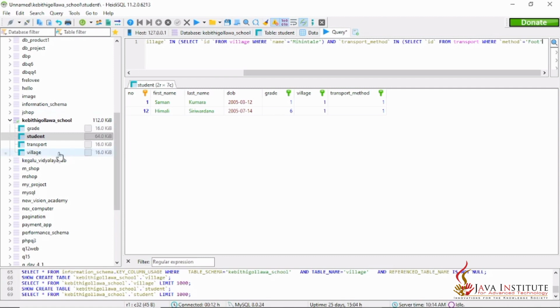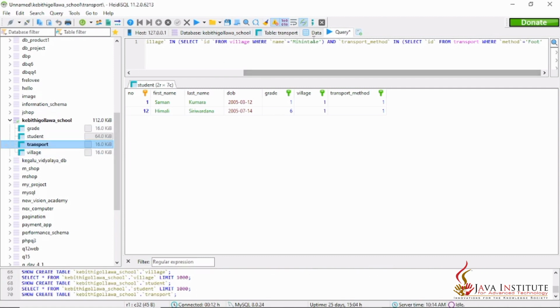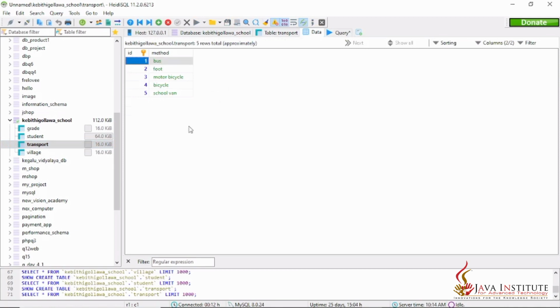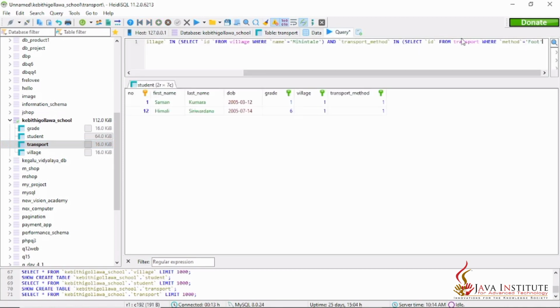The transport method here says foot, the second one,